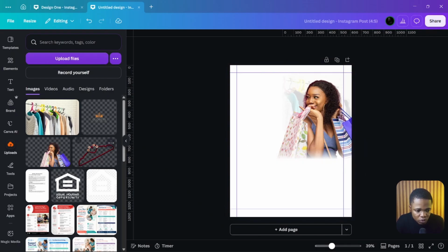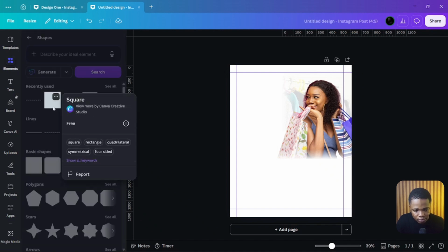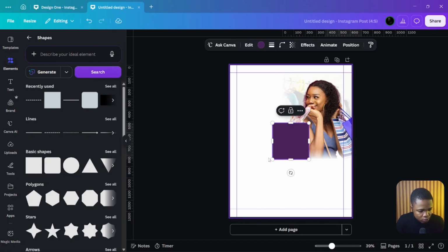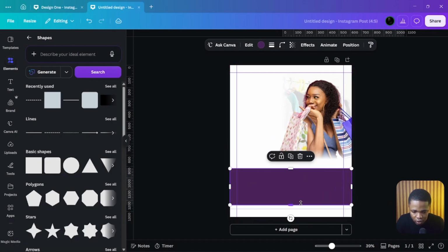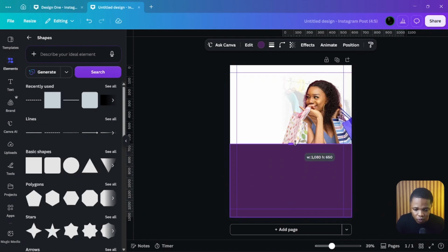Then the next thing we need to do is to bring another shape. We'll have to bring in another shape. Then we'll drag it down. Okay, and then once we've dragged it down, we'll have to